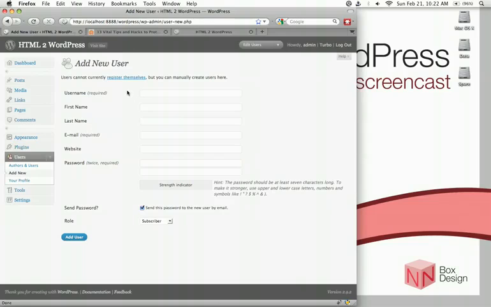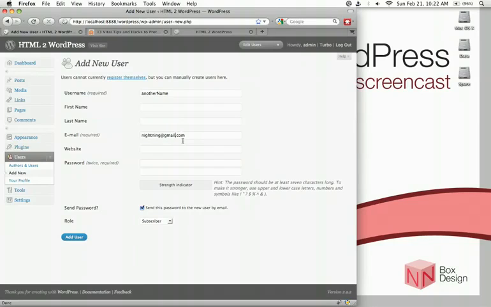Okay, we are now adding a new user. Type in the username, pick something that is not easy to guess. I'm just going to put something here, doesn't really matter. And then you need an email address. Here, you need to type in something that is different from what you inputted into your original installation account email, because if you type in the same thing, it will tell you you can't